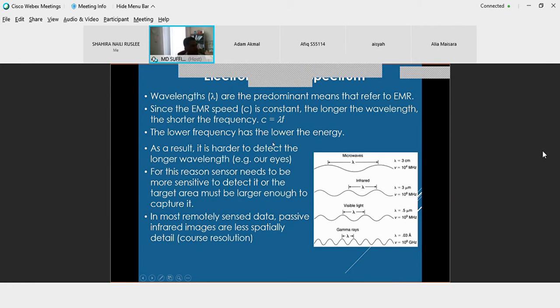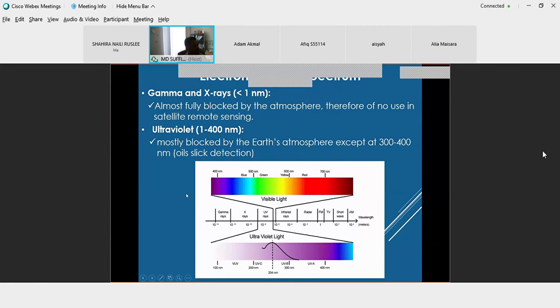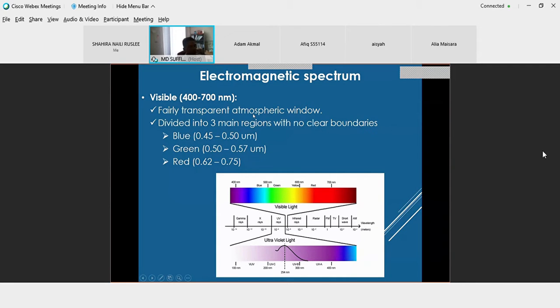So this one pun sama, electromagnetic radiation. So this one is a basic concept of wavelength, frequency, and then ni pun saya cerita start pada gamma ray, ultraviolet. Yang ni kamu kena tahu dia punya spectral range. For example untuk gamma and X-ray, so dia punya wavelength is less than 1 nanometer. If ultraviolet, from 1 to 400, so we have a visible yang kita nampak setiap hari, visible, is between 400 to 700 nanometer.